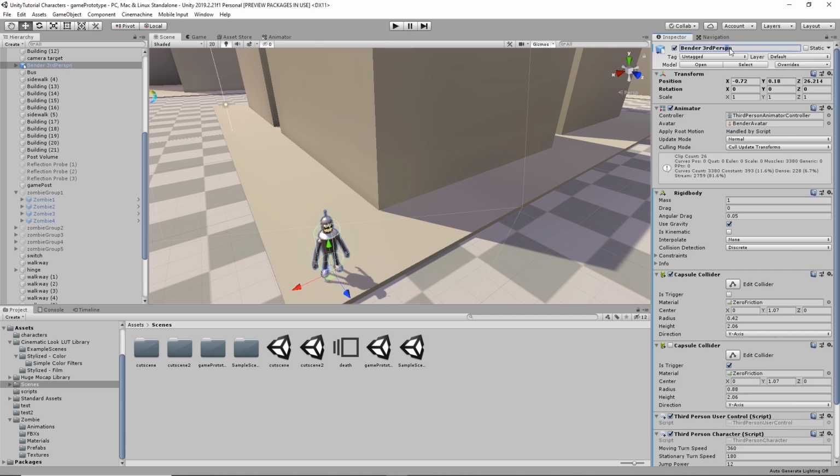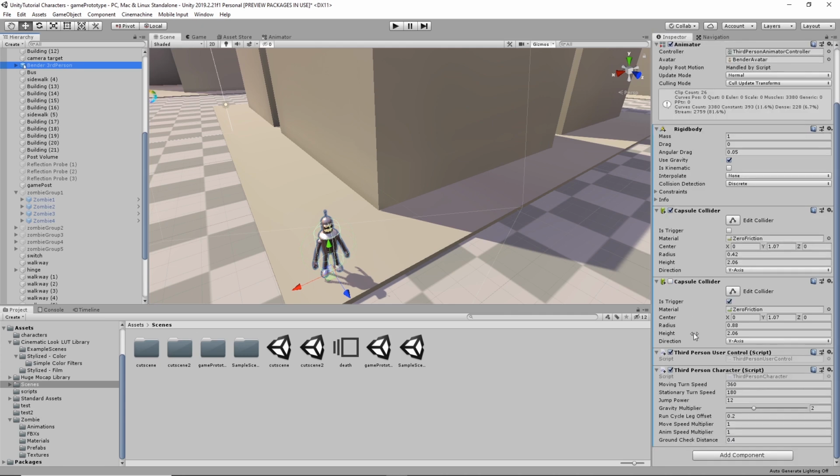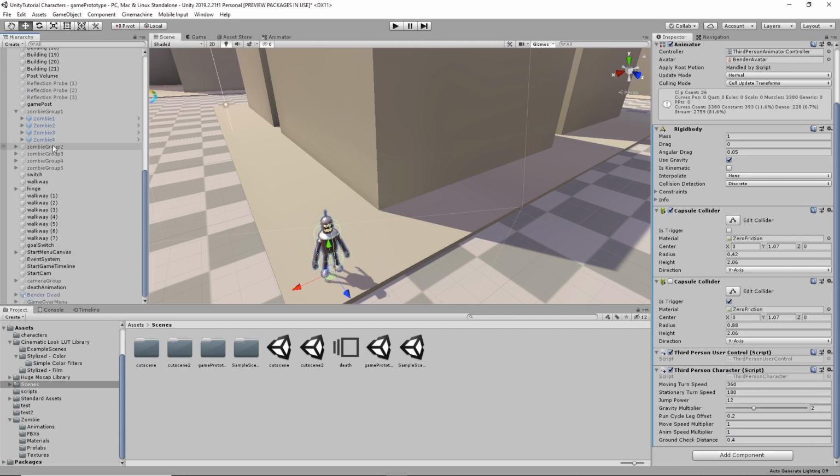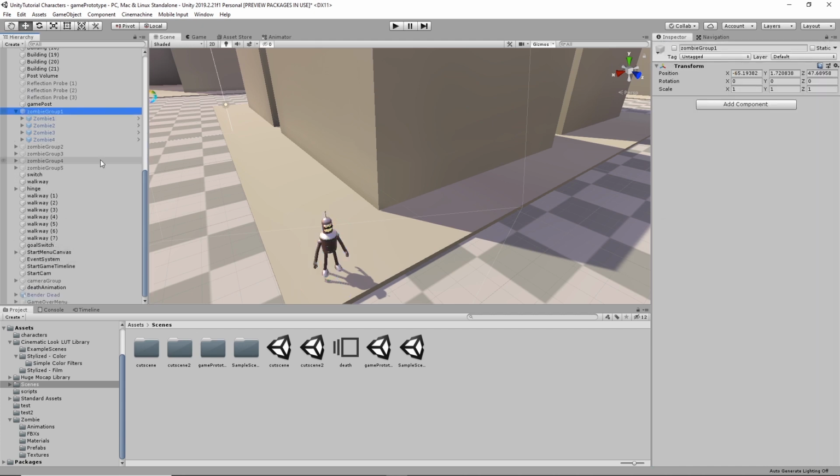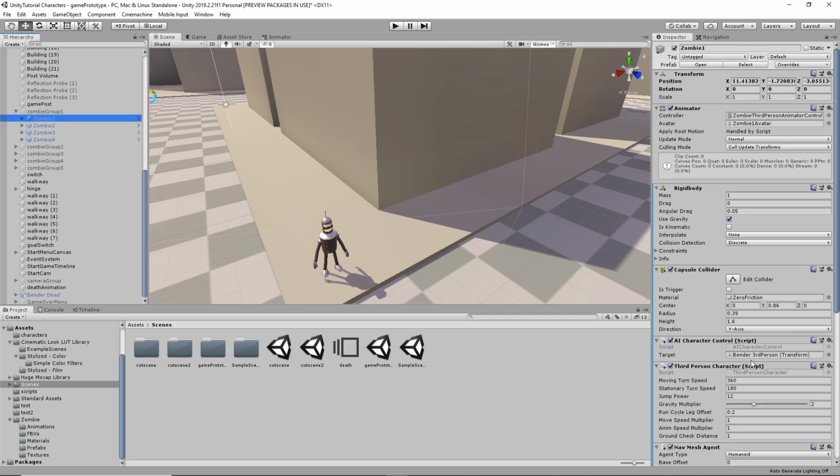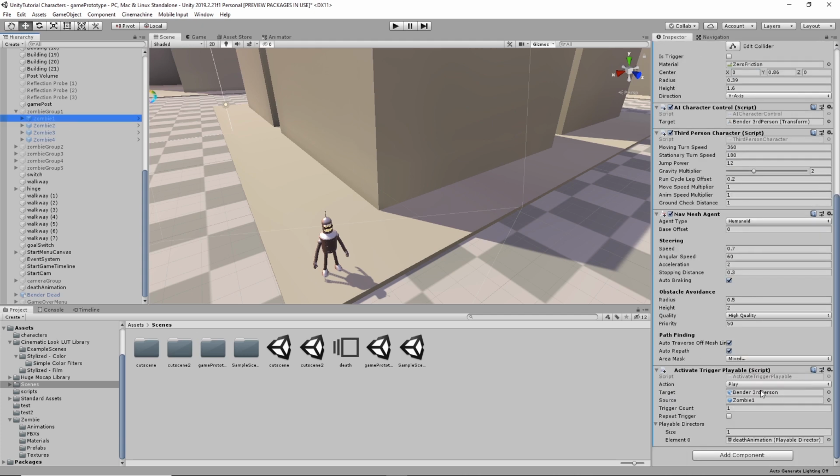Let's change that name. So, Bender third person. And check my zombie, this guy. Yeah, he's targeting that guy, and